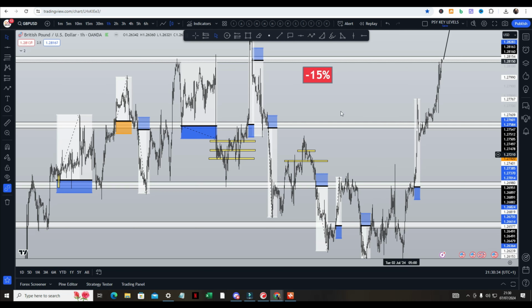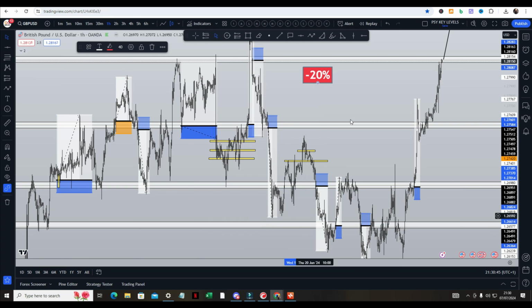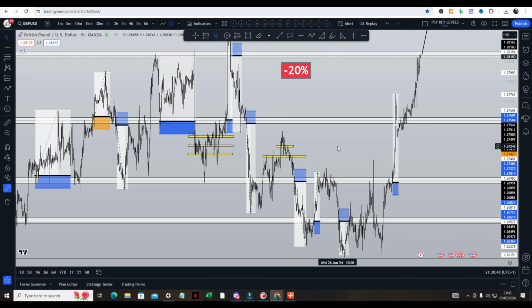Take care, and yeah, as you can see, we even destroyed that minus 15%. Even if I was to do this, guys, that's even minus 20. Trust me, break and retest works. I have a certain risk management plan as well that I apply, and that's why, even some of my students, even including myself, when we start an account, we don't even see a minus 3%. It would never be a minus 3% drawdown.